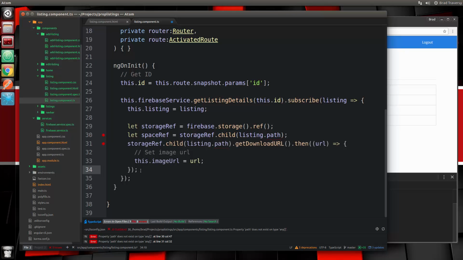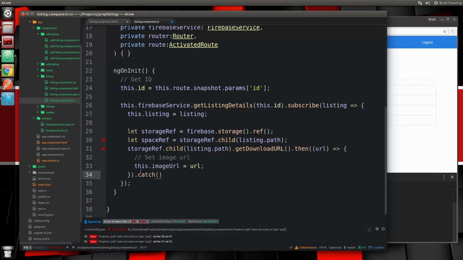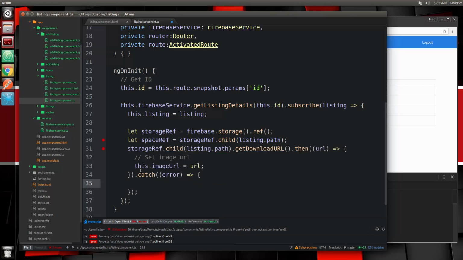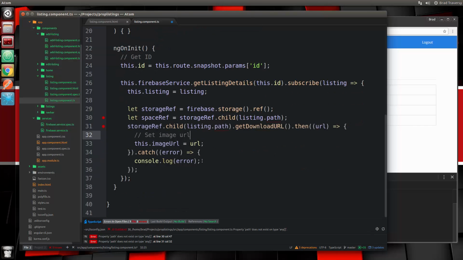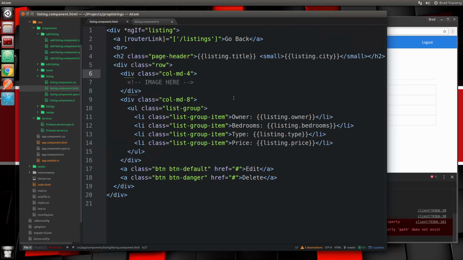Now we can also, if there's any errors, we can catch them. So right here we're going to say dot catch, and let's put error, and then we'll just I guess console.log if there's an error. Okay, so we're still getting this error for this path, and I'm not sure why. Anyway, let's try it. We'll save it, and then we need to go to our template, our listing component HTML,